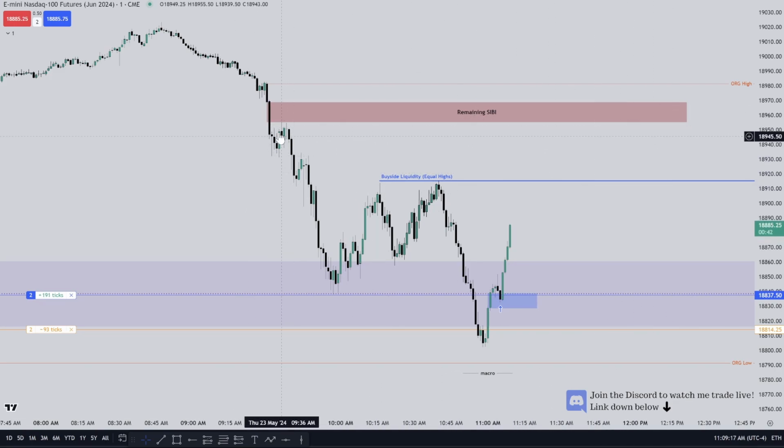So this fair value gap here, this is what's remaining. All right, so we had this inefficiency. We delivered about consequent encroachment before selling off. So from this candle's low to this candle's high, this is the portion of the fair value gap that has not been redelivered on the upside. So we have not had buy side delivery in this range here. So that would be my terminus. That would be my best case scenario exit. And then of course taking a partial at these equal highs and a premium.